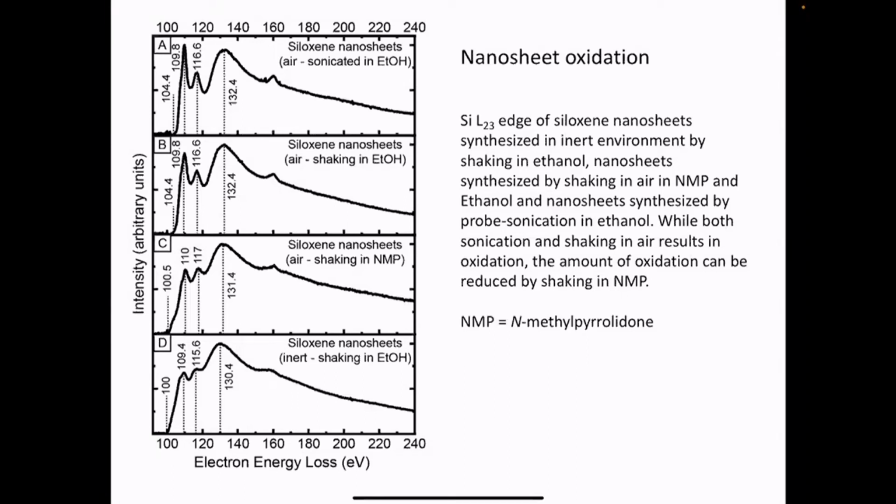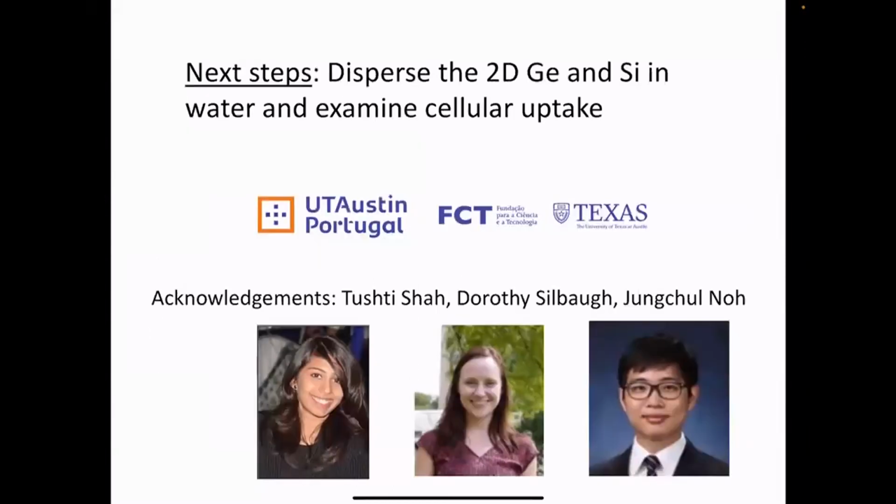The siloxane nanosheets are really interesting because they emit light and are not too difficult to make, but they're very sensitive to oxidation, which tends to really blue shift the emission. And if that blue shifts too much, it becomes a bit of a headache in terms of biological imaging. So those are some examples of 2D germanium and silicon,